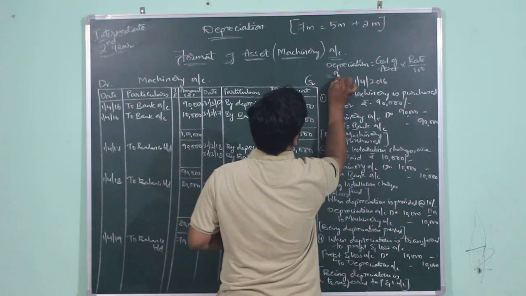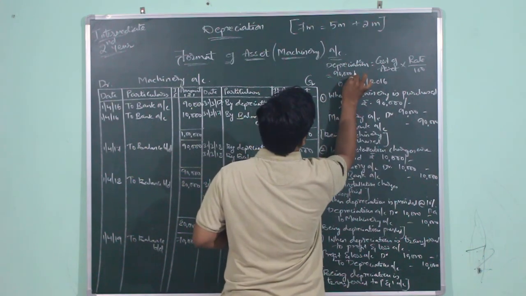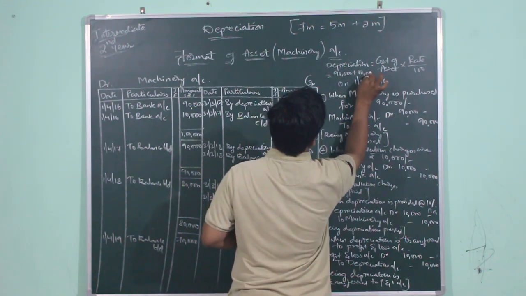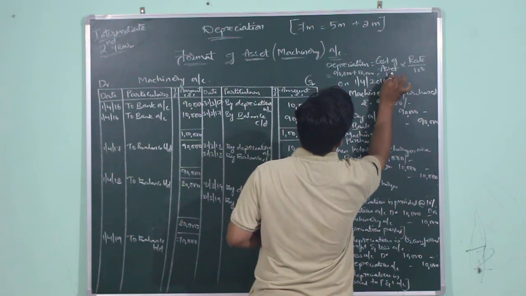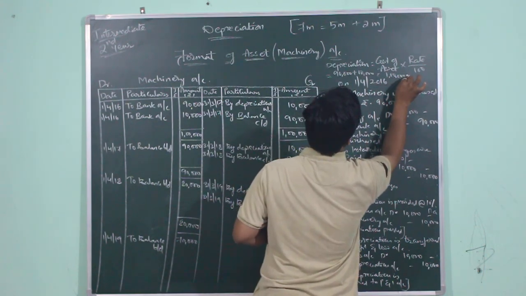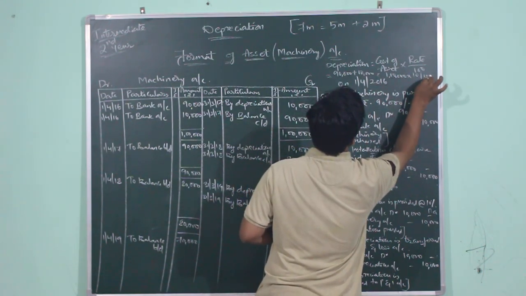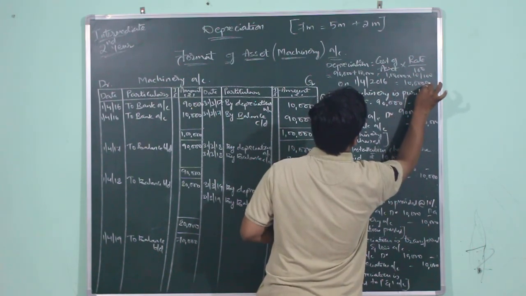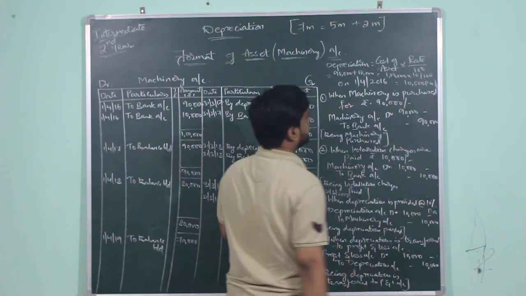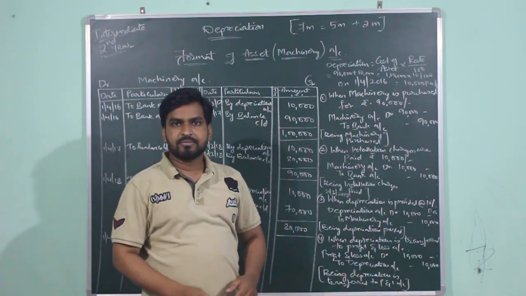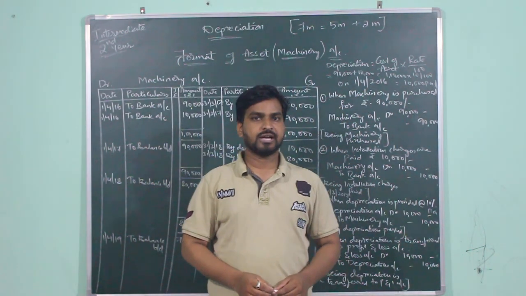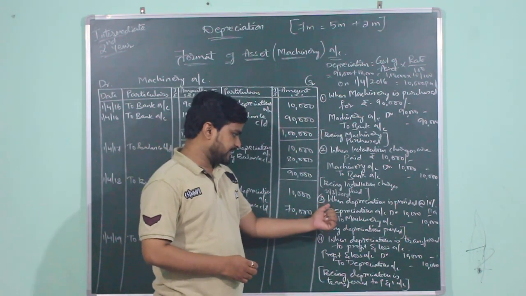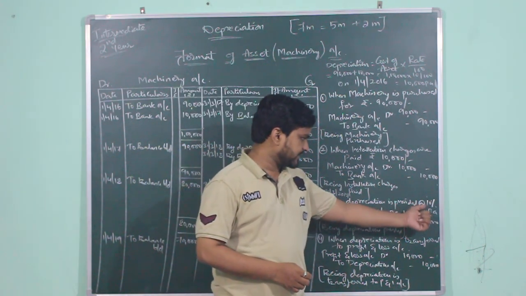So what is the cost of the asset? You have purchased the asset for 90,000 and you have spent rupees 10,000 as installation charges. Therefore, the cost of the asset is 1 lakh and the rate of depreciation is given as 10 by 100. Therefore, annual depreciation works out to be 10,000 per annum. So at the end of each year, you are required to provide depreciation of rupees 10,000 on the asset. Our third transaction will be when depreciation is provided at 10%.